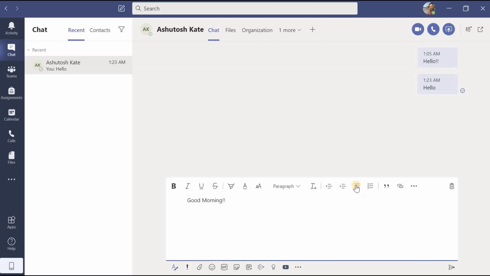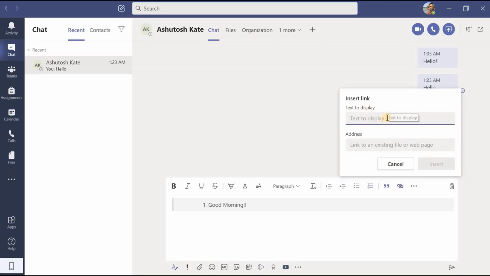Suppose I want to add bullets in that message, I can click here and add the bullets. If I want to add numbering, I can click here and add it. If I want to use quotations, I can use those. And let us say along with this message I want to send some link with it. Let us say that I want to say